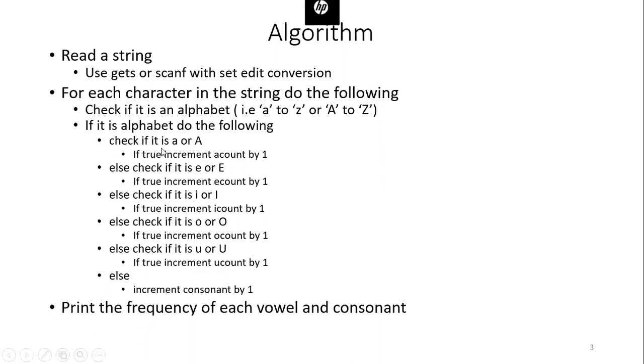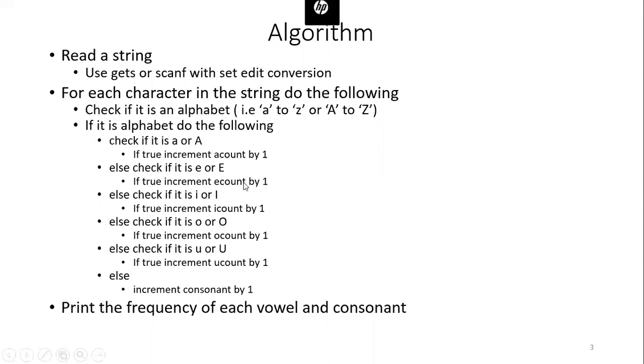Check whether the particular character is small a or capital A. So if it is true, you increment the variable a count by 1. If it is false, the given character is not A. So you have to check whether it is E or not. If it is E, then increment E count by 1.